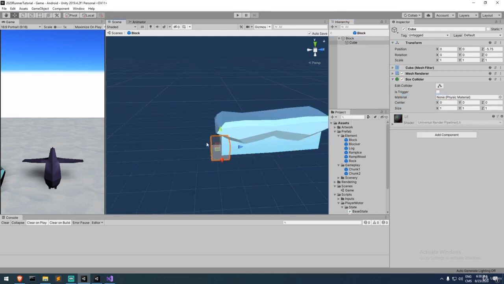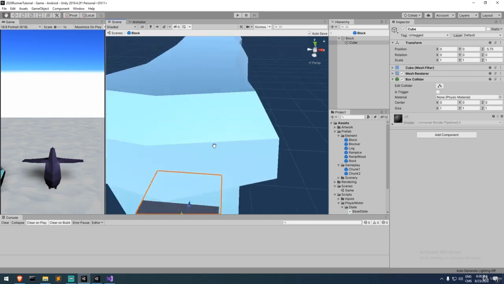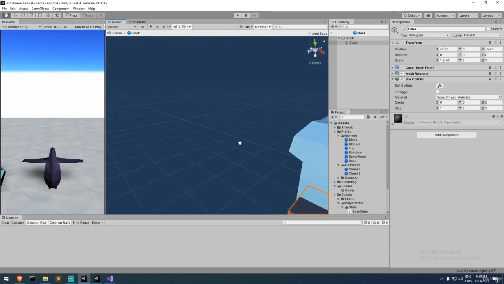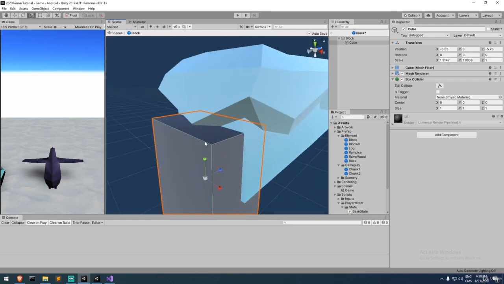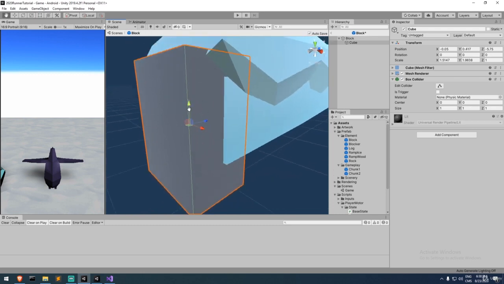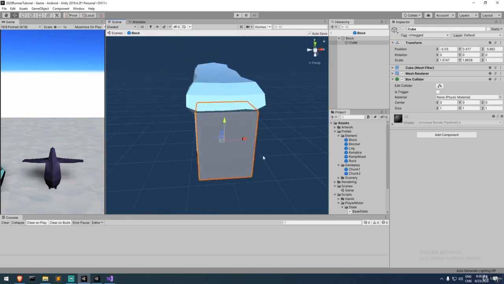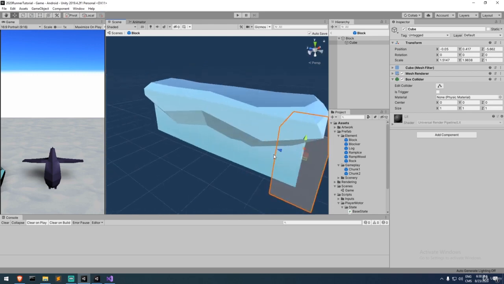Just put it in front and scale it the way I wish. And that's going to be a zone that will kill you. So let's make sure it looks somewhat the proper size. So maybe something like this. And if you run into this, you are going to die. So